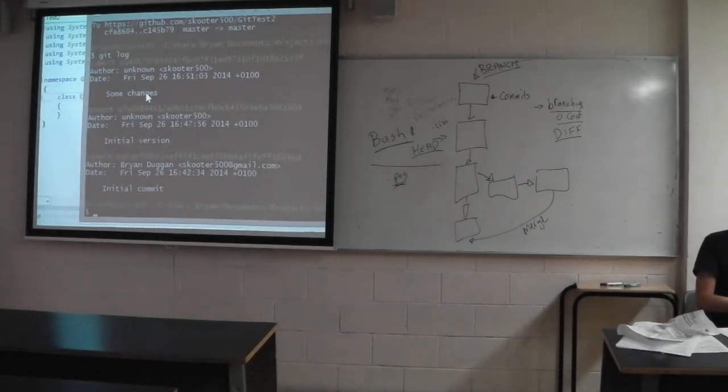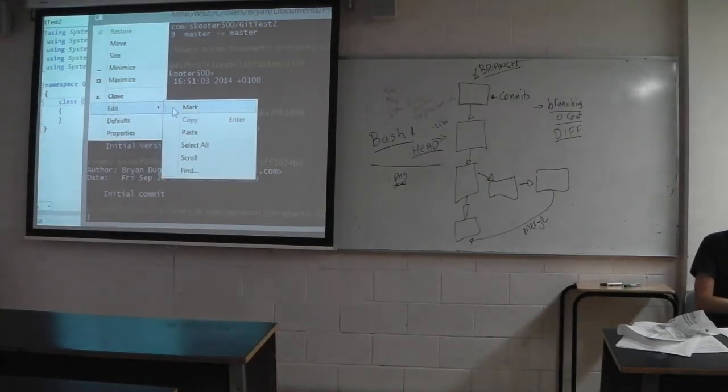And you can see there's the some changes version, there's the initial version, and there's the initial commit. If at this stage I want to roll back and say, well, what was the project like at this point here? See these big long 40-digit hexadecimal numbers? There's one of these corresponding to every commit in your project. So if I want to roll back and see what my project was like at this point, I basically come in here, edit, mark,